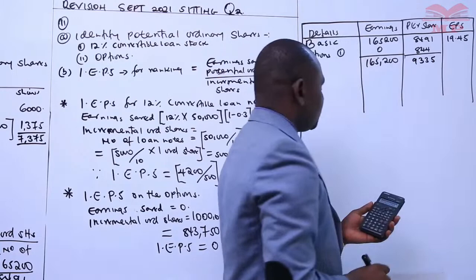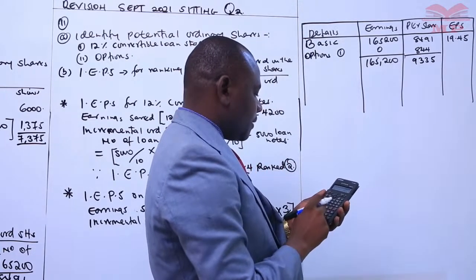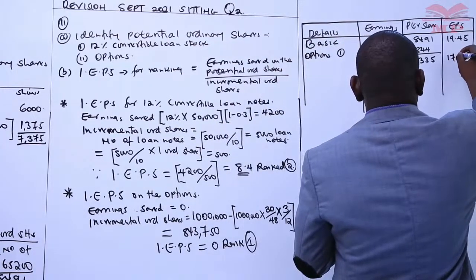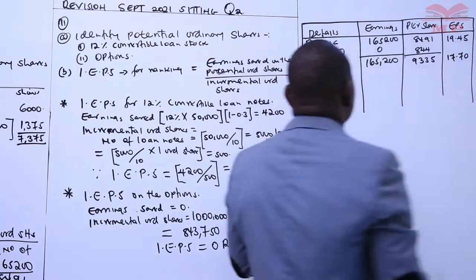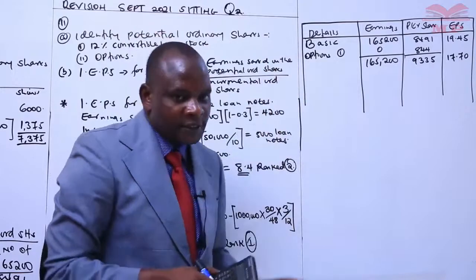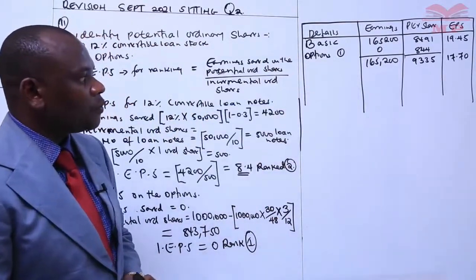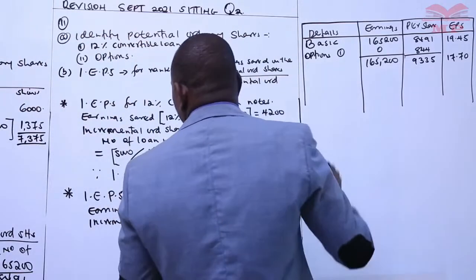You get 9335. Your EPS is 165,200 divided by that answer. You get now 17.70. You can see the option is dilutive. It has watered down our basic EPS now to 17.70. Then the next ranking is